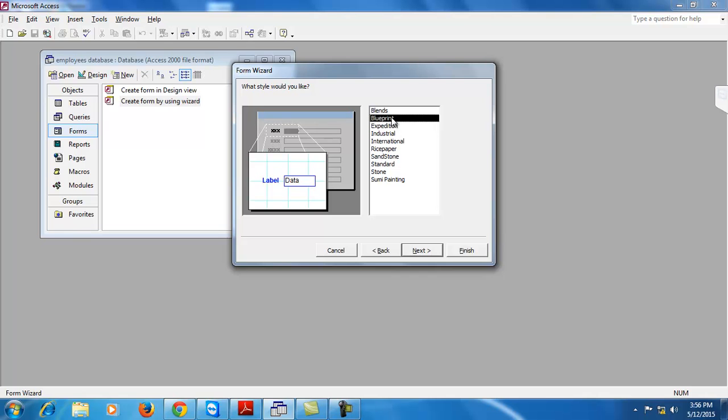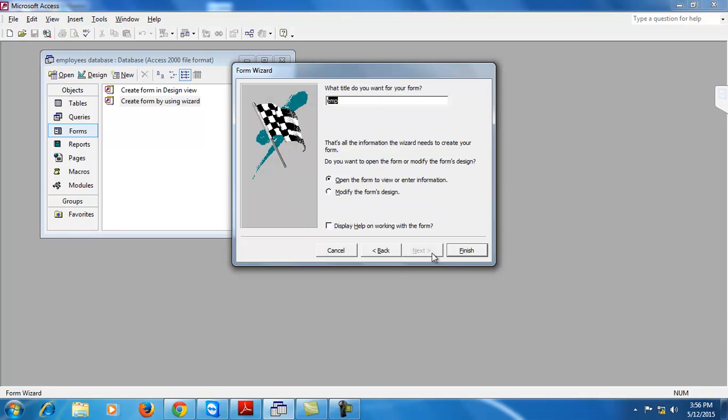Select the style for your report. Then click on next. Give the title to your form. And if you want to open the form to enter the information, then you can select open the form to view or enter information. Otherwise, you can click on modify the form design.